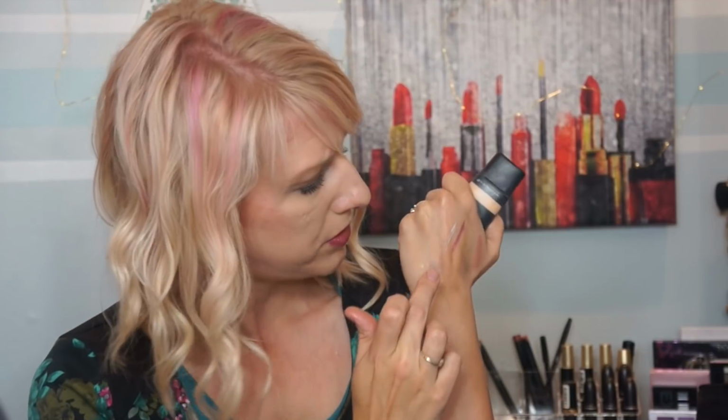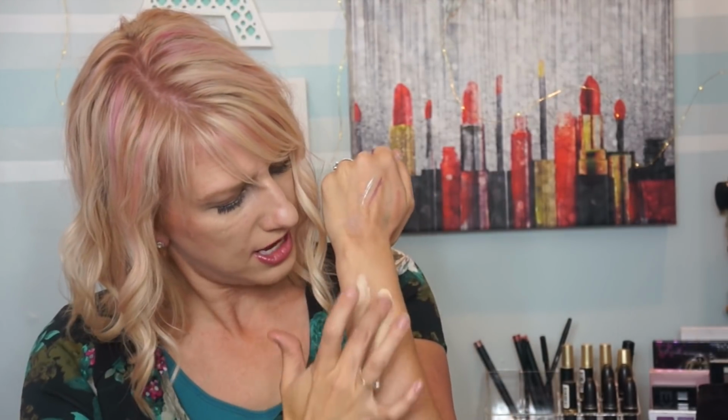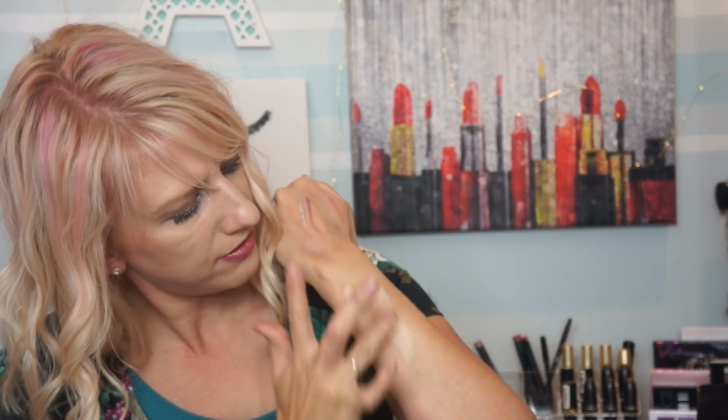So I'm going to jump back to foundations for a second and talk about a concealer. This is the e.l.f. Maximum Coverage Concealer. Out of all the concealers I tried from e.l.f., some weren't so great. This has been my favorite and I actually feel like it does have good coverage. So I'll do a little swatch here and then I'll show you my Tarte Shape Tape, which is known for having really good coverage. And I wouldn't say it's as full coverage as the Shape Tape, but for e.l.f. and the price difference,